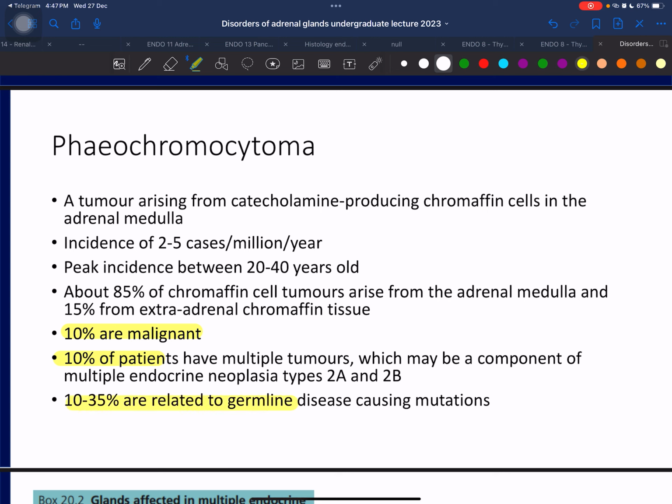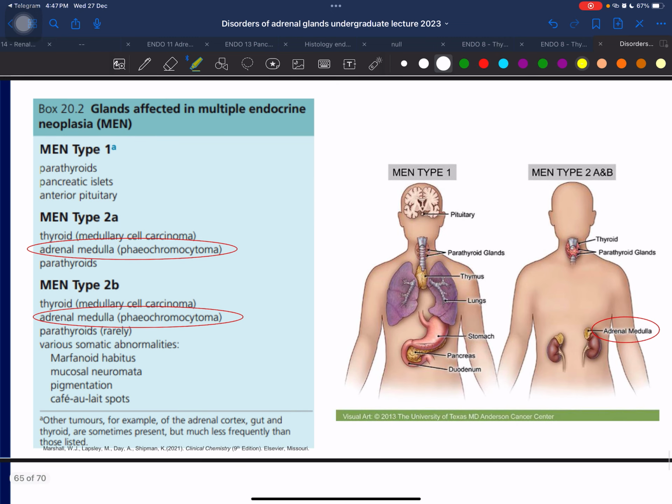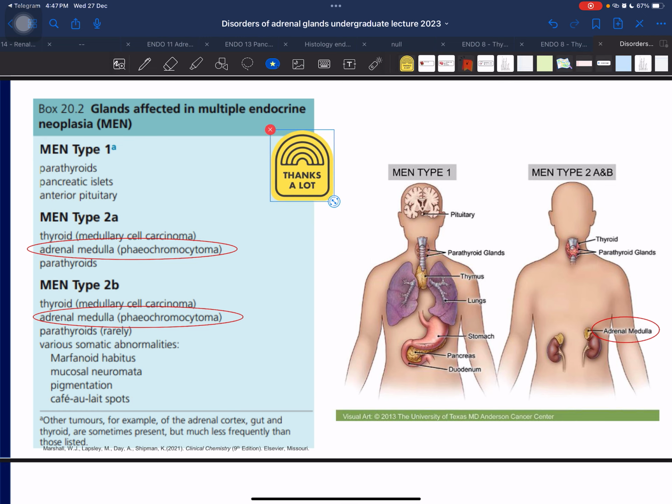So just want to show you this. Patients with MEN, multiple endocrine neoplasia, have tumors at different parts of the body. So MEN type 1, they have tumors at these regions, MEN type 2, these and these. If you notice, pheochromocytoma is present in patients with MEN type 2A and 2B. You don't need to remember this. Tumors here and there for your level, but you just need to know there's such a thing called MEN, multiple endocrine neoplasia, and pheochromocytoma is one of the tumors that can arise in patients with MEN.